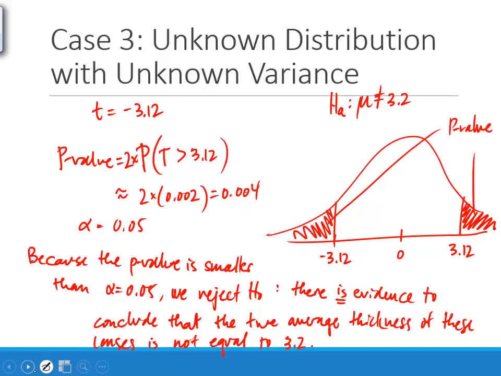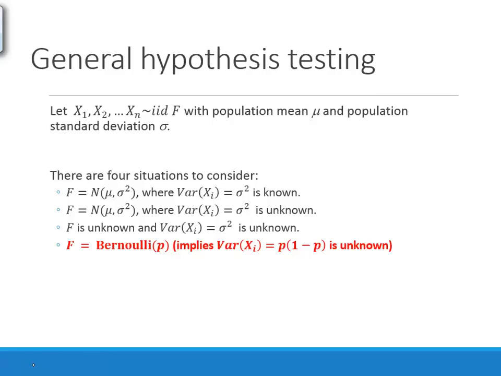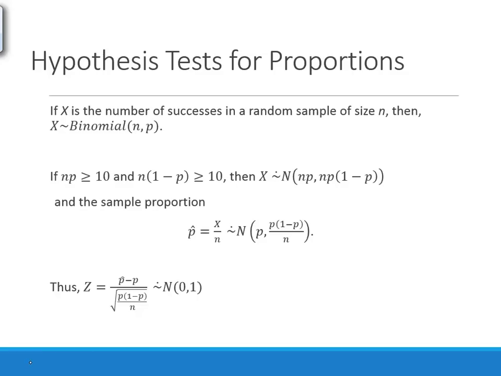Okay, so one more hypothesis test to discuss here, and this is the last situation where we're talking about a population proportion. This is building off of the ideas that we used in chapter 7. So if we have a random variable x, which is our binomial random variable, or the number of successes out of n trials,